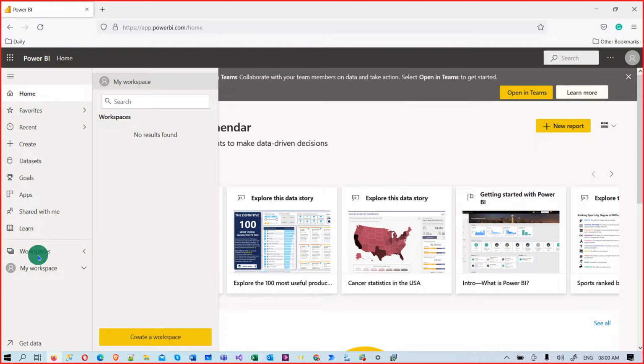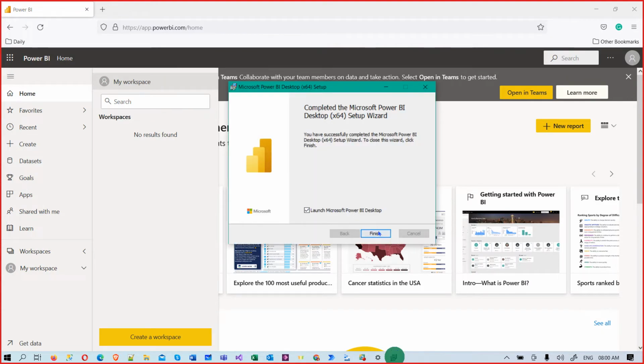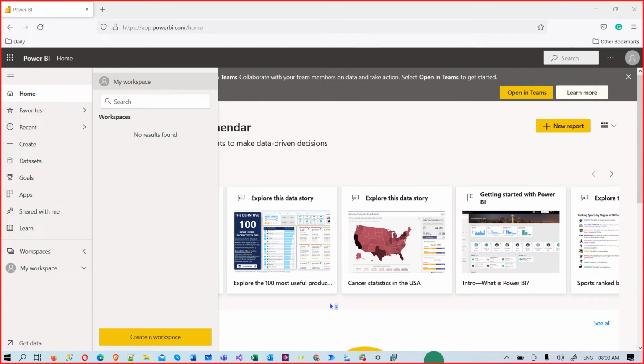There are two types of workspaces: my workspace and workspace. Again, in the workspaces you will see three types: pro workspace, premium workspace, embedded workspace. So you see three types of workspace under workspace itself. Once you create the report using Power BI Desktop, you need to publish it here into my workspace or into any other workspace. If you create any workspace by clicking this create workspace button,